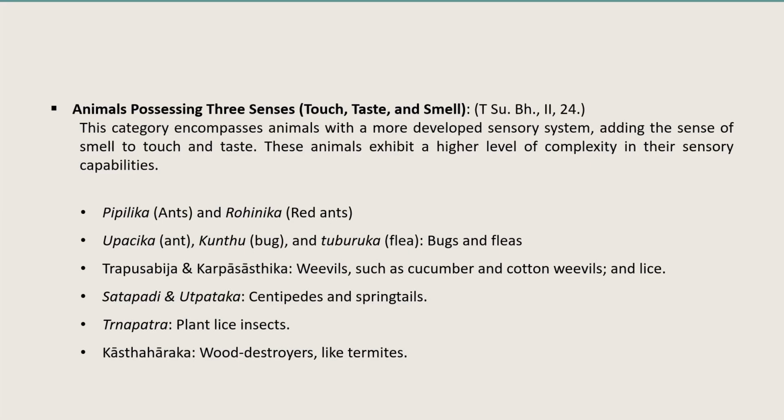Now, second is animals possessing three senses: touch, taste and smell. This category encompasses animals with a more developed sensory system, adding the sense of smell to touch and taste. These animals exhibit a higher level of complexity in their sensory capabilities. These are the examples: Piplika ants and Rohinika red ants, Upasika ant, Kunthu bug and Tuburuka